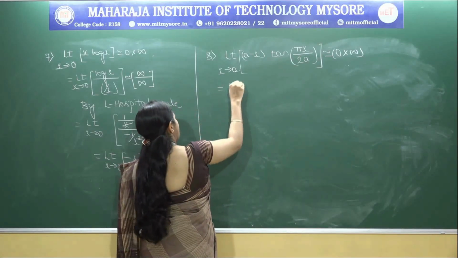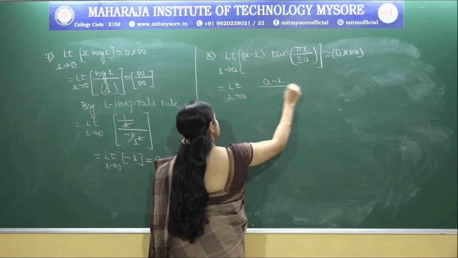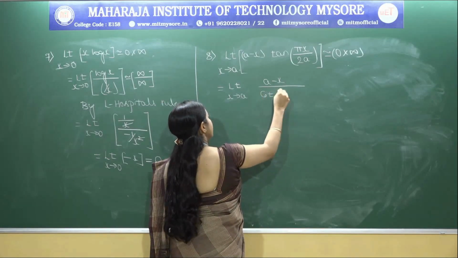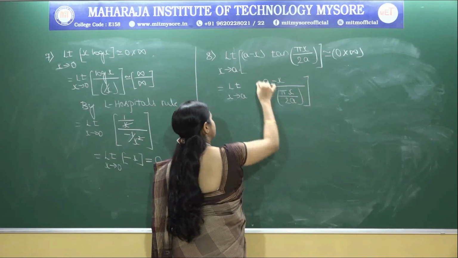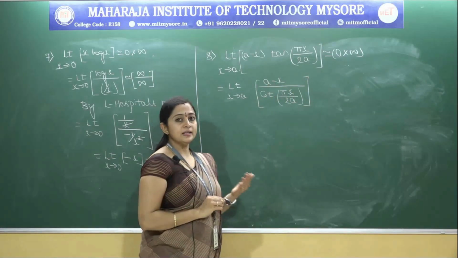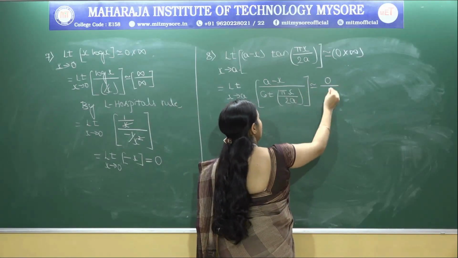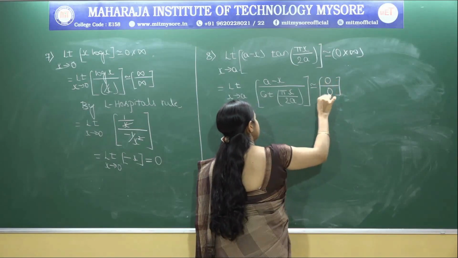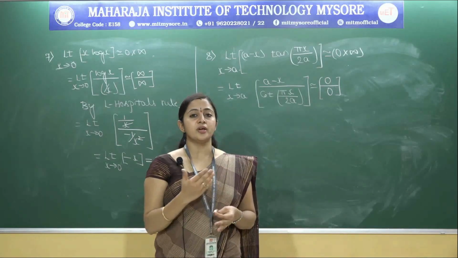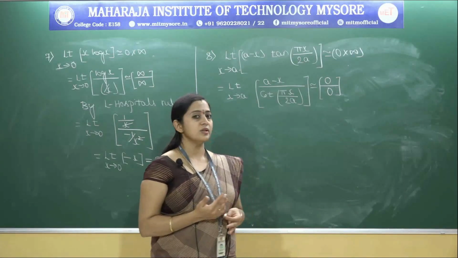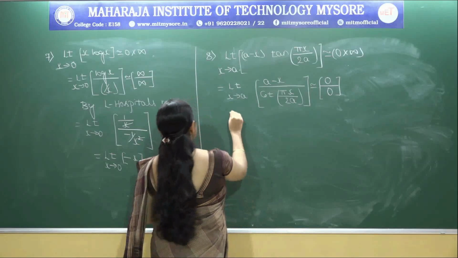So the limit as x tends to a, keep the a minus x as it is, write the tan x to the denominator, you will get cot(pi x divided by 2a). If you apply the limit, the numerator a minus x, a minus a gives 0, and the denominator cot pi by 2 is 0. So rewriting the problem, you will get the term 0 by 0, that is the problem tends to 0 by 0 form. You can apply the L'Hospital rule. By L'Hospital rule,